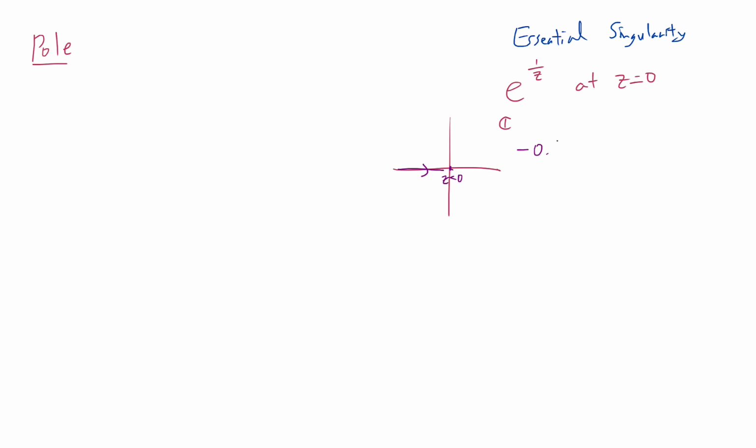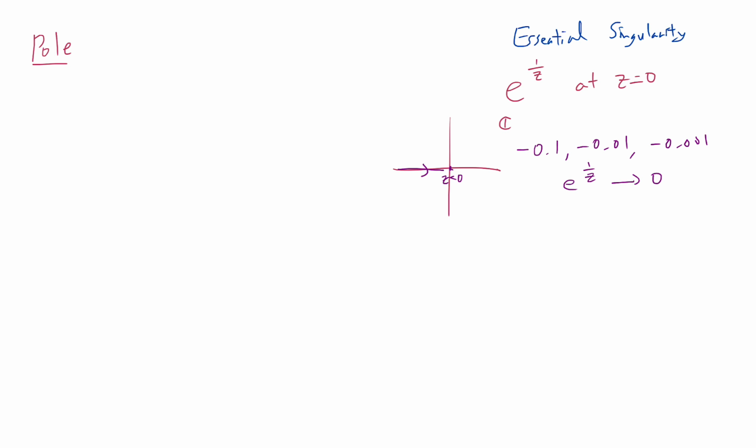So far, we have seen the removable singularity. And there's another thing called an essential singularity before we get to poles. A classic textbook example, I think from Stein and Shakarchi, is e to the 1 over z. Consider what's happening at z equals 0. If I approach along the negative real axis, plugging in things like negative 0.1, negative 0.01, negative 0.001 into e to the 1 over z, this is going to be e to the minus 10, e to the minus 100, e to the minus 1000,